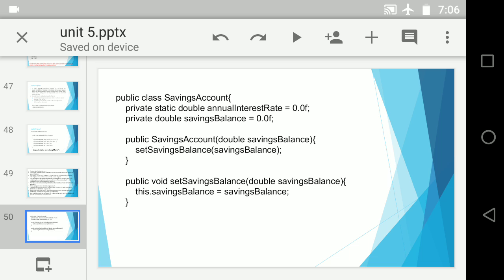Private double savingsBalance, again initialized to 0. So up to this part no rocket science has been involved. What you have been asked to do, you are simply doing it: creating a class, one static variable, and one non-static variable. Both variables are private, both have the same data type, double, and both are initialized to 0. Done? No big deal.